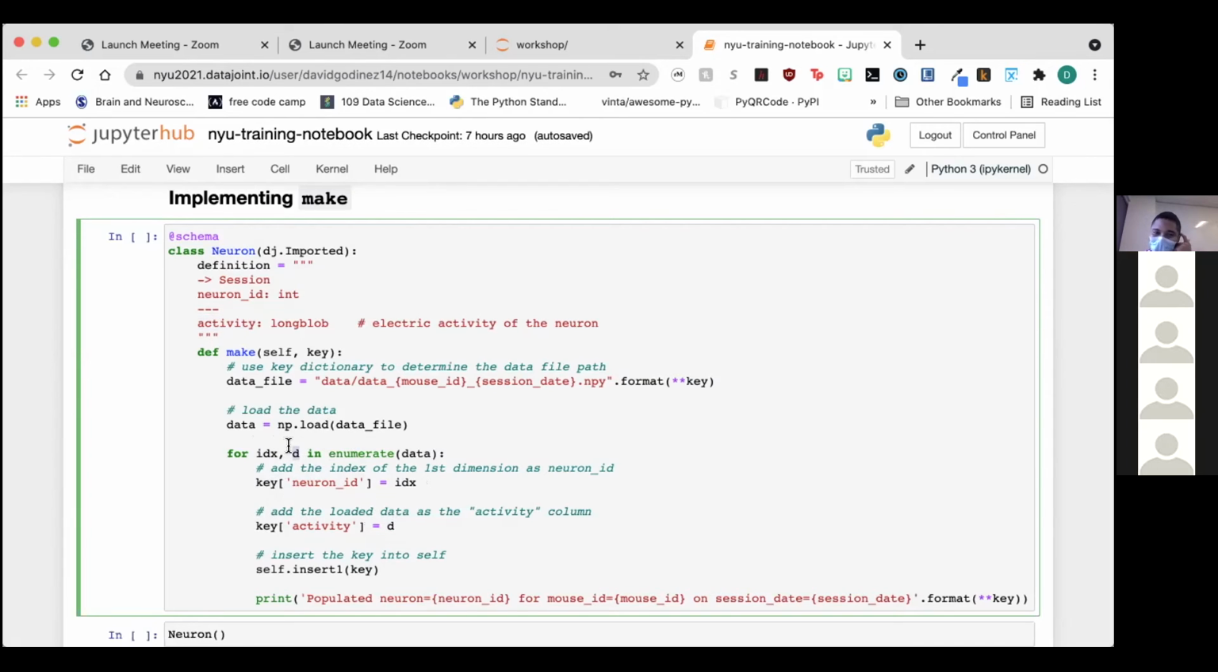So let me say that again. Inside our make function, we're telling the neuron table to go look for files that are formatted this way inside the data folder. We're going to load the data, and then we're going to enumerate the data. And inside the neuron ID column, we're going to put the index,